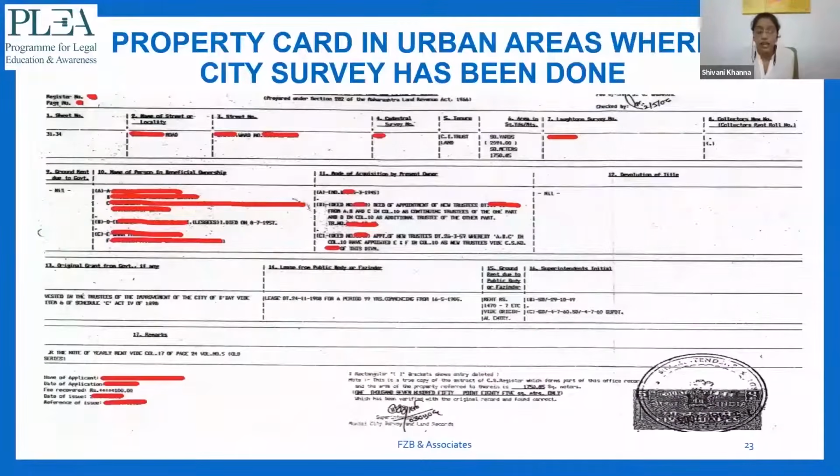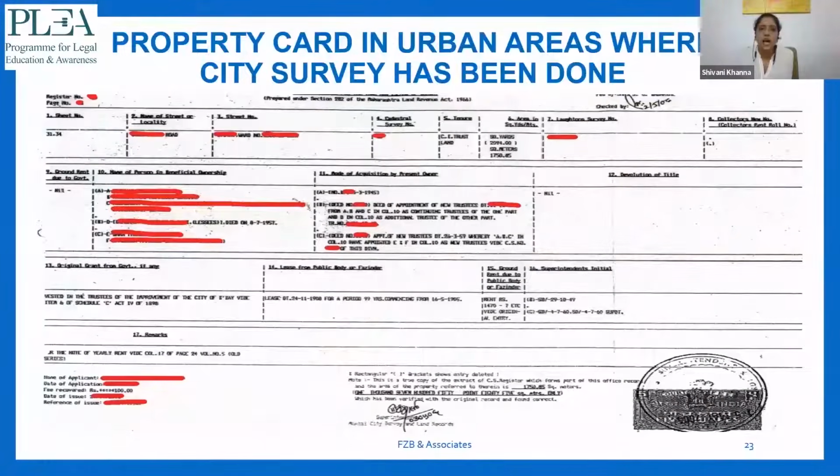And of course, it is a non-agricultural land. You have something called a property register card. Now, how do you read this property register card? The topmost row will give you the details of your land: the street number, the ward number, cadastral number, lot and survey number. Interestingly, we still use lot and survey number.